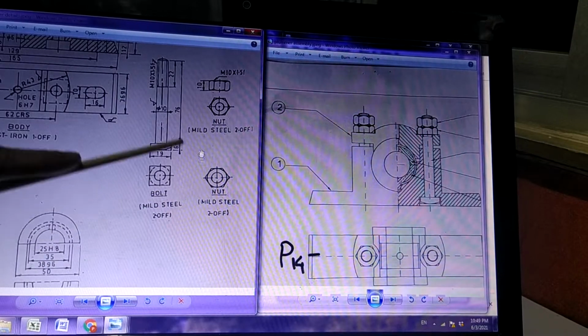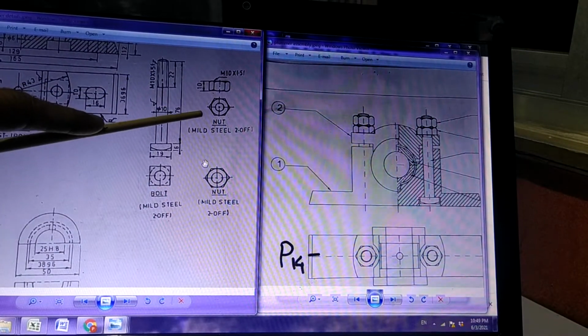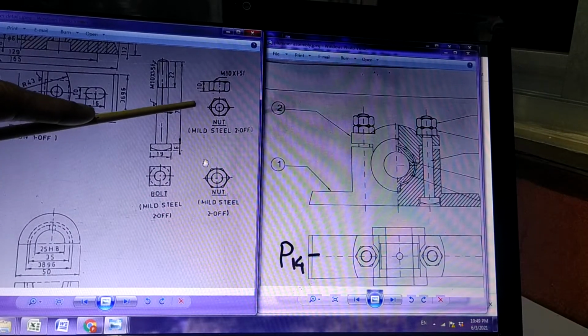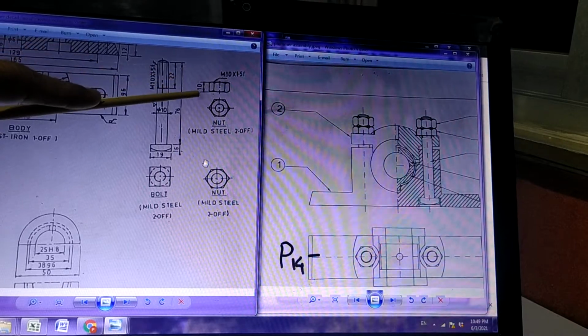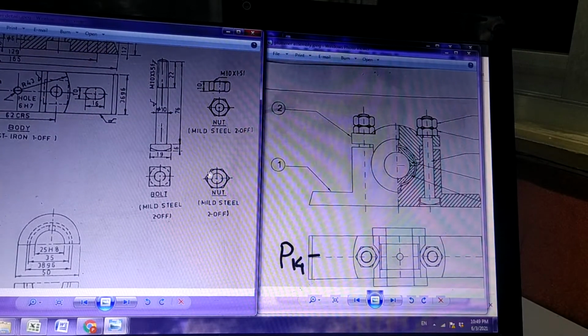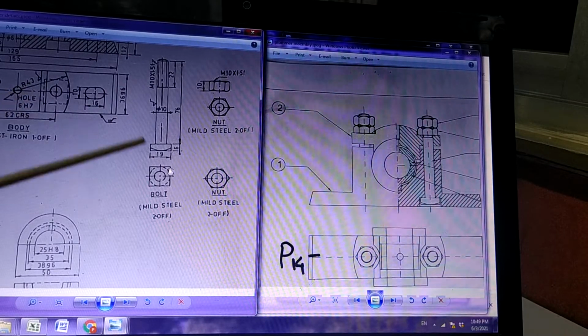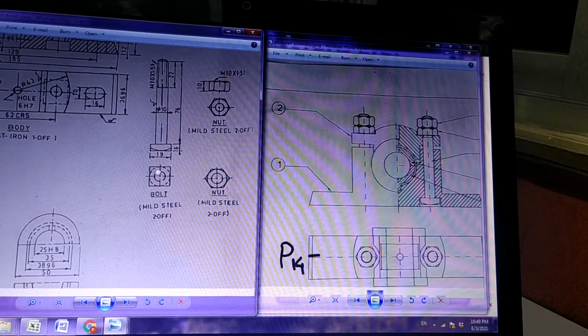Then the corresponding nut which will fit here will also be of size 10. Then there is a lock nut which is again of the same size 10. It is written here, height, and this is the same, and then it is fitted over here. Quantity 2 because there are 2 bolts. So we have seen the body, the bolt, the nut and the lock nut.